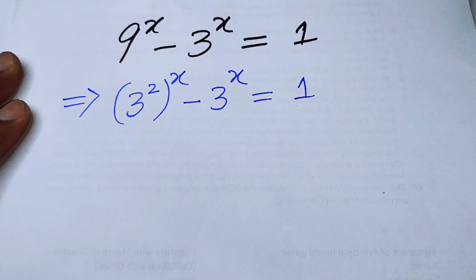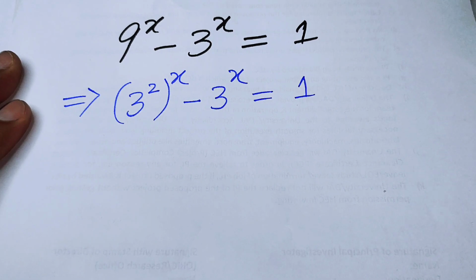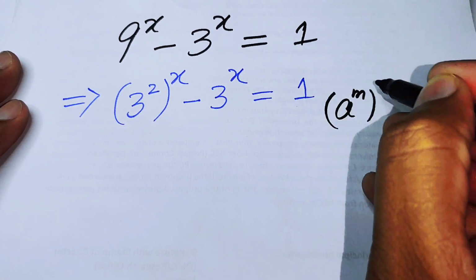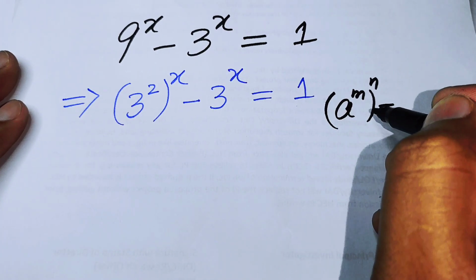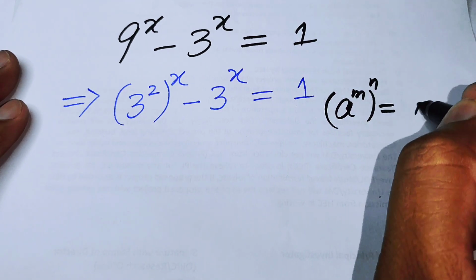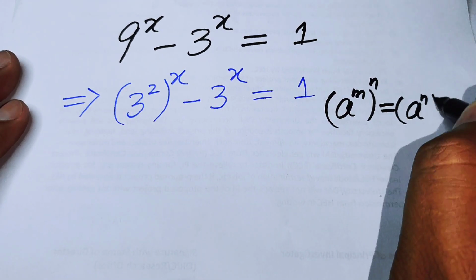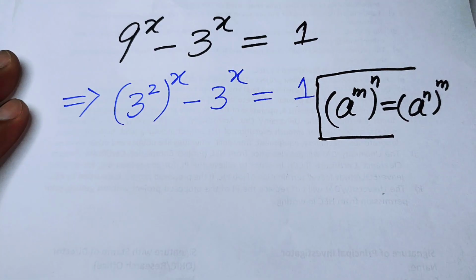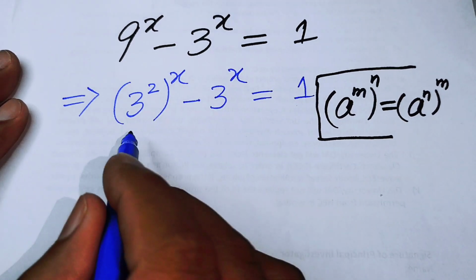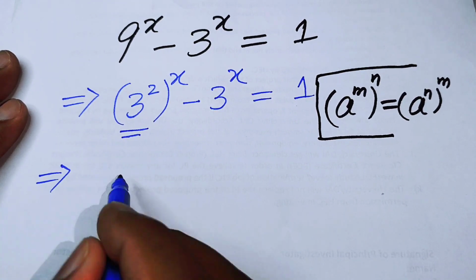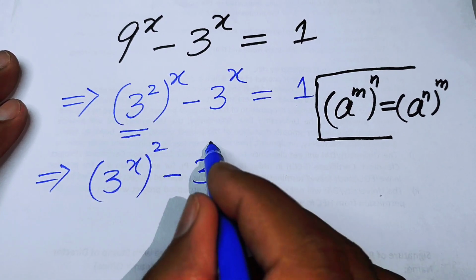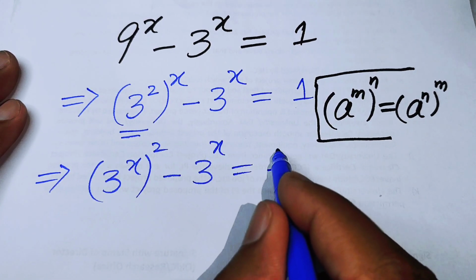we will use the nice exponential law, and you know about this exponential law. If we have (a to the power of m) to the power of n, we can interchange these two exponents and write it as (a to the power of n) to the power of m. We can apply this law here, so that we rewrite this term as (3 to the power of x) squared minus 3 to the power of x is equal to